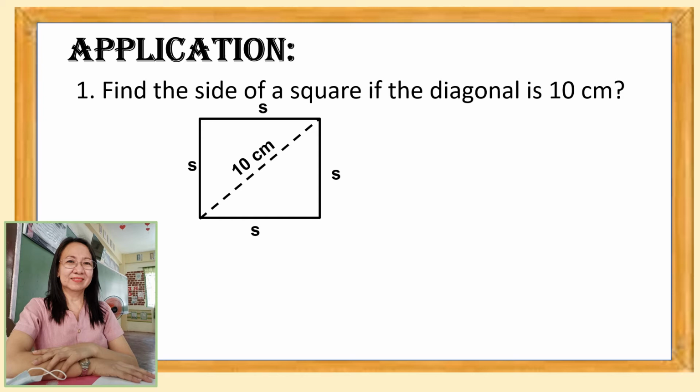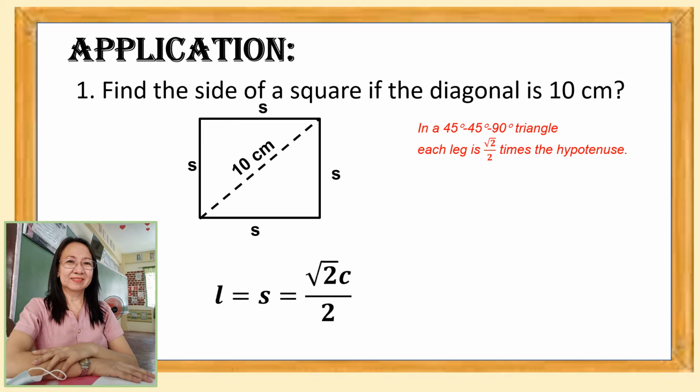And they are equal. So let us represent this as S. Now to find S, we need to use the idea that in a 45-45-90 triangle, each leg is square root of 2 over 2 times the hypotenuse. So by substitution, let us use S, is equal to the square root of 2